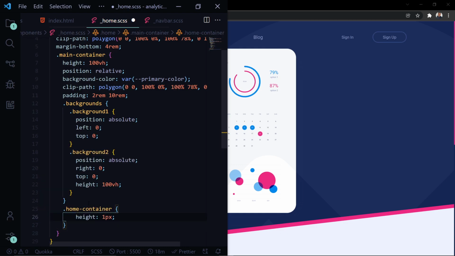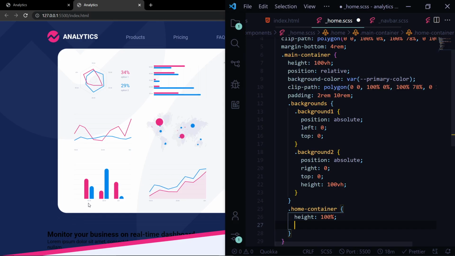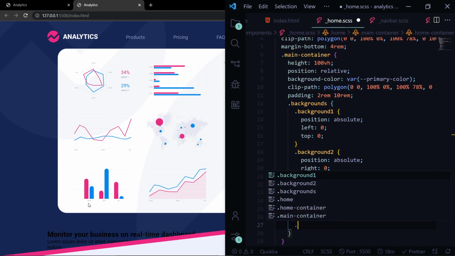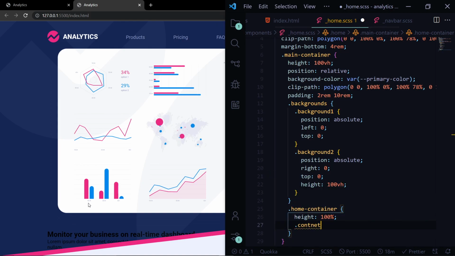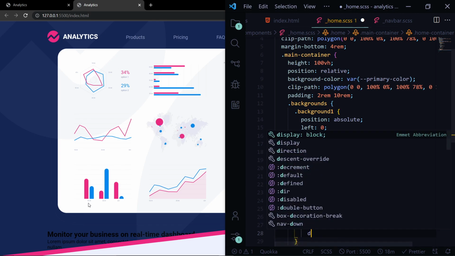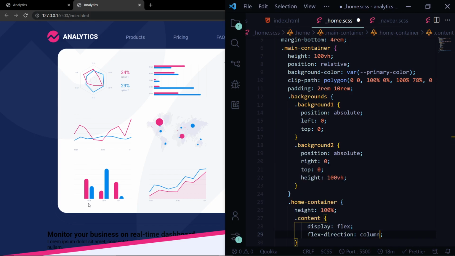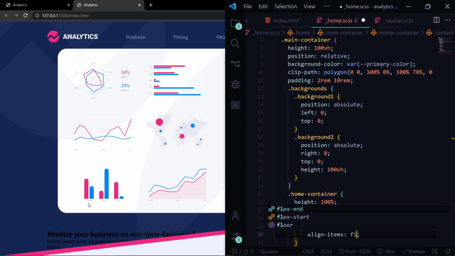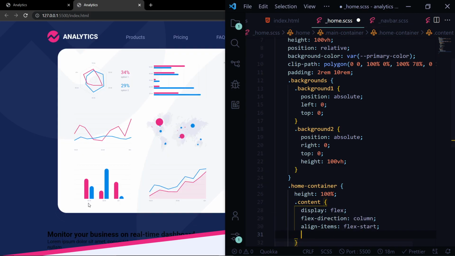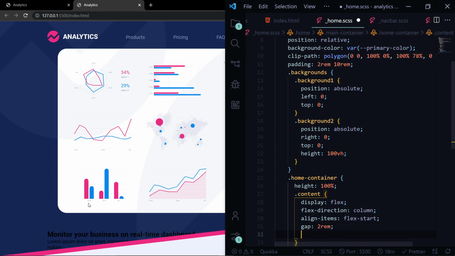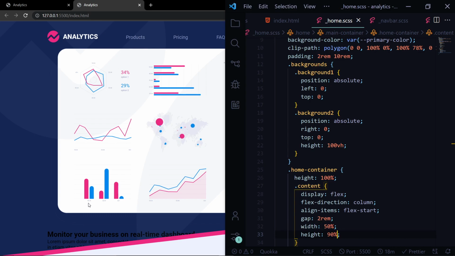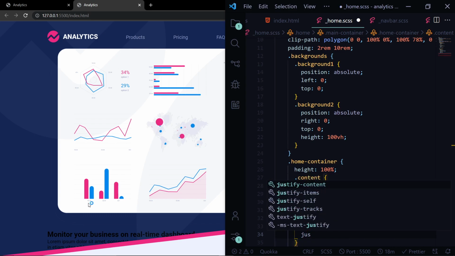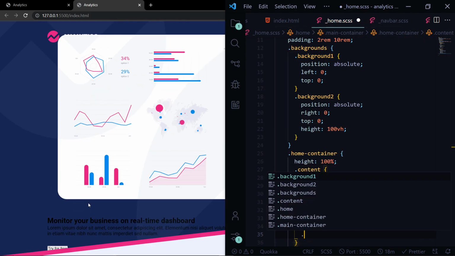Home container will give it a height of 100%. Then after the height, we'll select the content, give it a display of flex, direction of column, align items of flex start, then we'll give it a gap of 2 rem, width of 50%, a height of 90%, then we'll give it a justify content of center, then we'll select the title container,